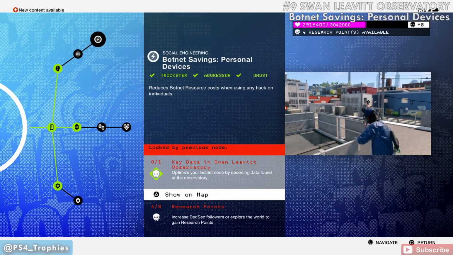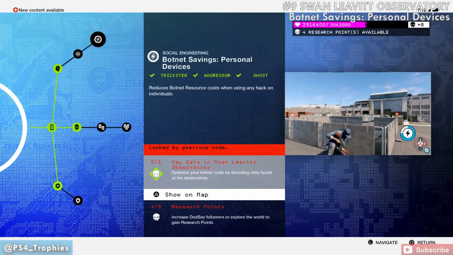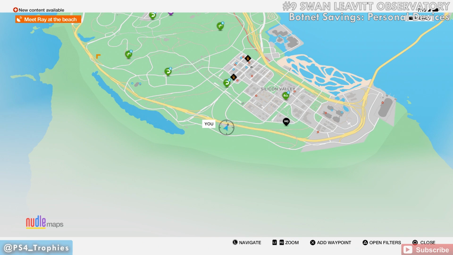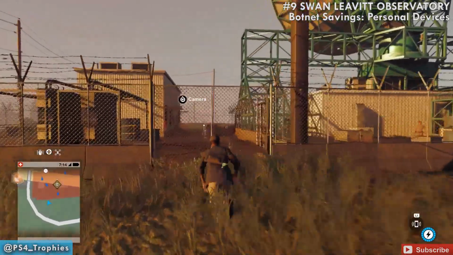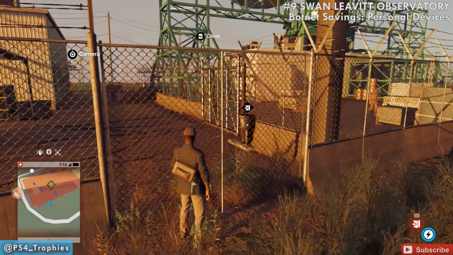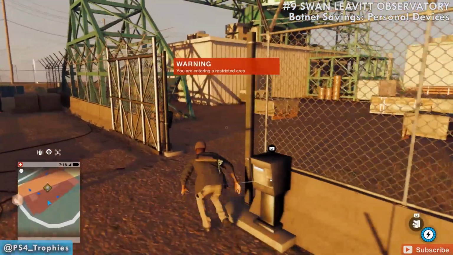Alright, so Botnet savings of personal devices. This is going to be in the Swan Leavitt Observatory, and this is down on the southern end of the map near Silicon Valley. Now this one, we're going to actually just kind of run in here. I can't send my jumper. Maybe I could have. But there is a ladder we need to climb to the top of this structure